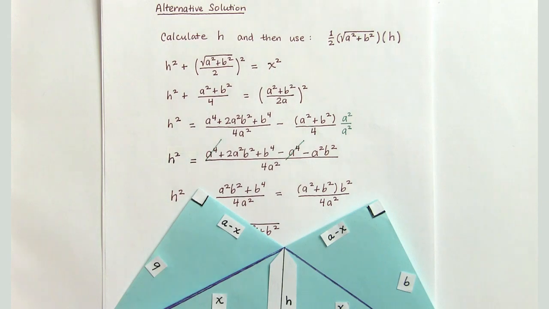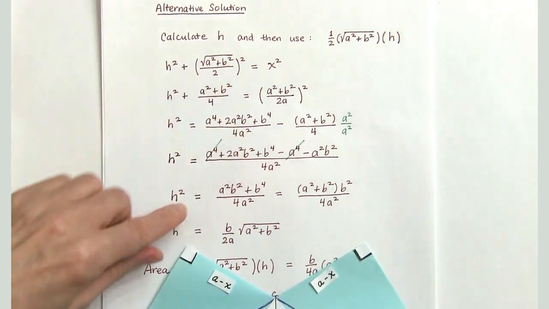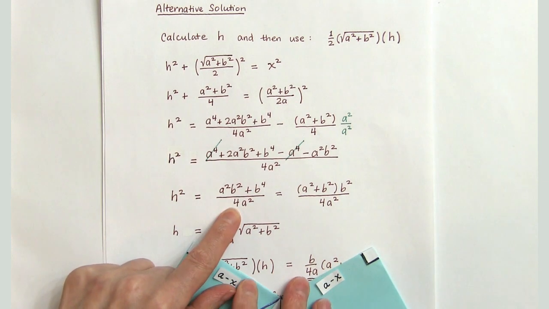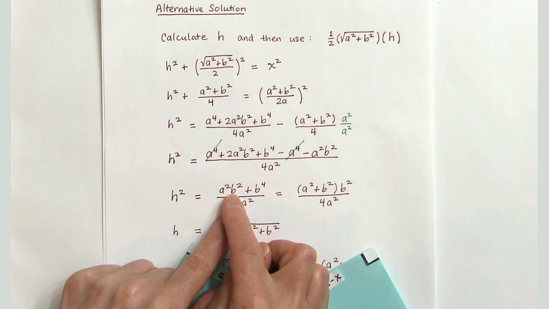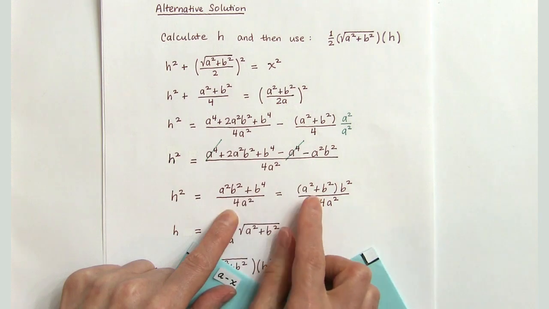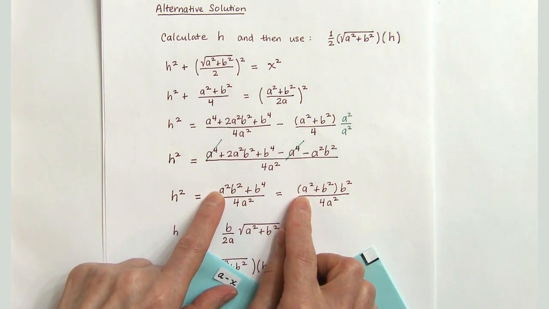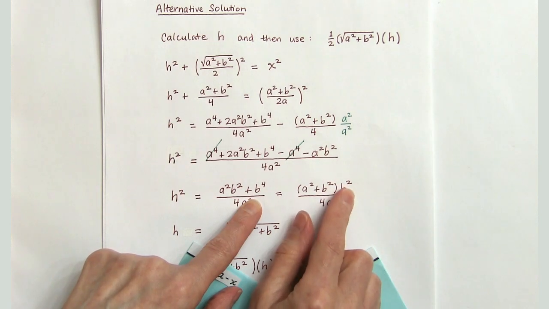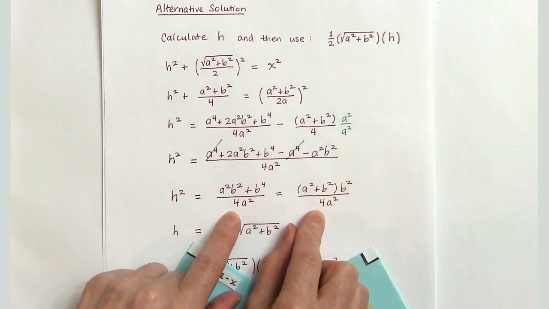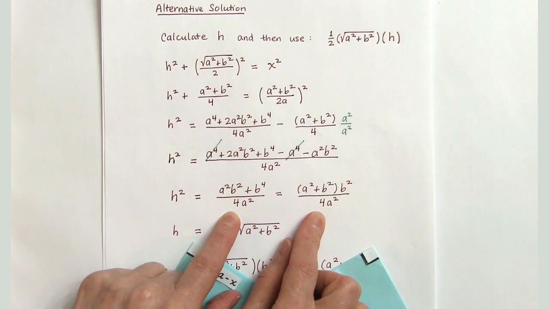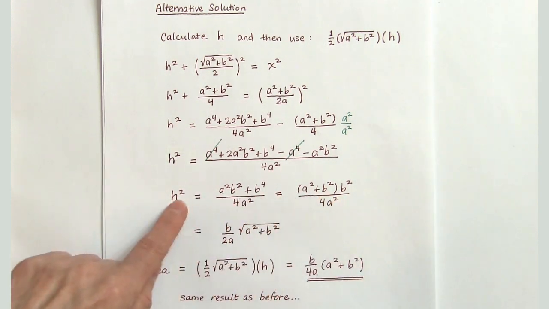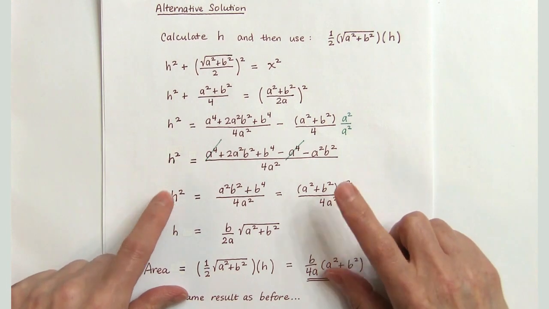And so I see that h squared is equal to this quantity, and I can now factor out b squared from the numerator, and so that's a squared plus b squared when the b squared gets factored out over my denominator of 4a squared. And so it's very easy to solve for h from this by taking the square root of both sides,